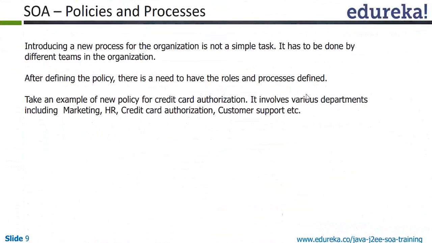SOA has got policies and processes. For example, let's say Yahoo is providing the weather forecasting report service on the internet. Yahoo will have their own policies and processes, right? So their own policies and processes, in the sense, if for example I want to connect with Yahoo and